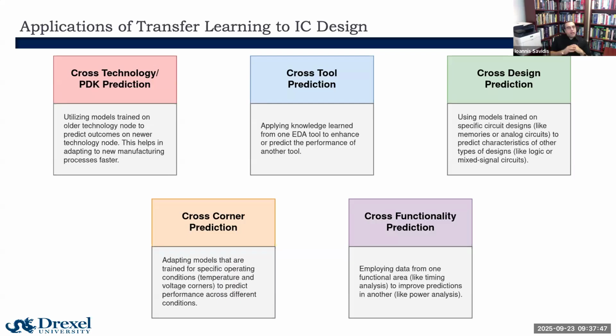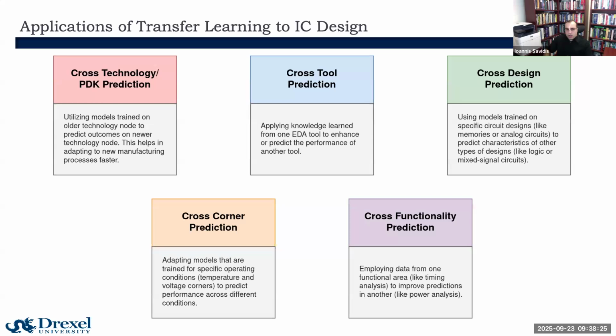And then you can also do cross-design predictions. So using models trained on specific circuit designs, such as analog circuit blocks, to optimize other, let's say, amplifier designs that you haven't seen. Then there's also the cross-corner prediction, which we've done some work in, of course, that we showed. So adapting models for specific operating conditions, such as whatever temperature and voltage you're looking at, to predict performance across different conditions,